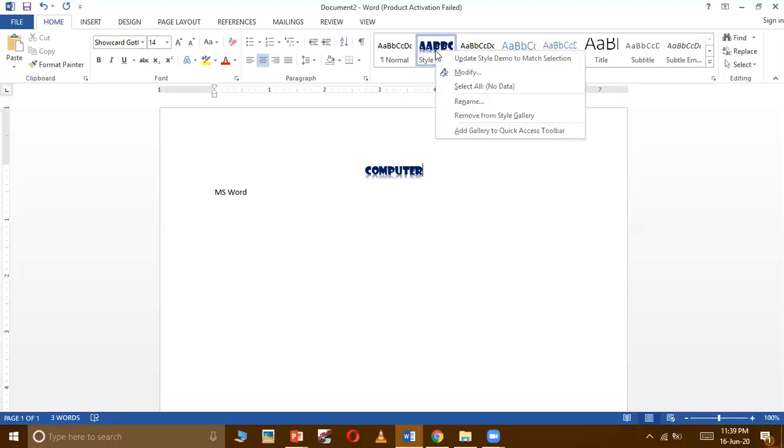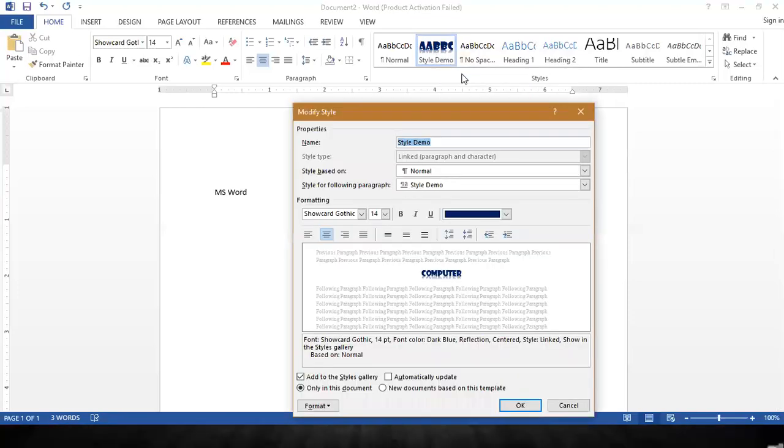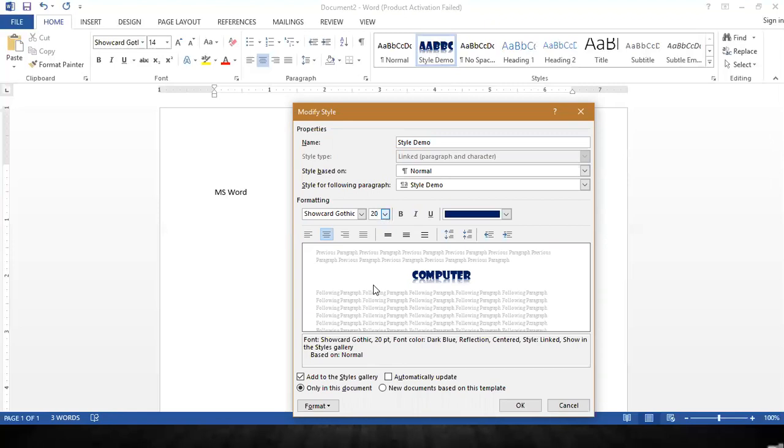After right clicking on that style, click on the modify option. Again, the formatting window will open. Now in this, you can set the font size to 20. That will make the text a little bit bigger.